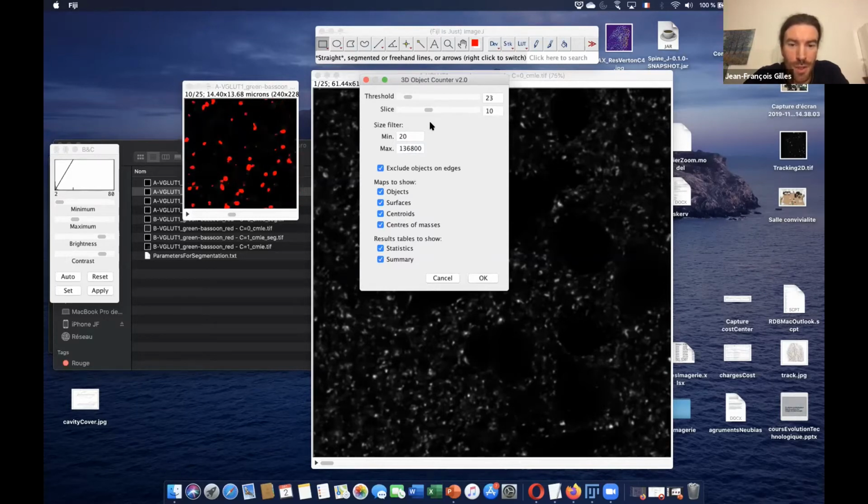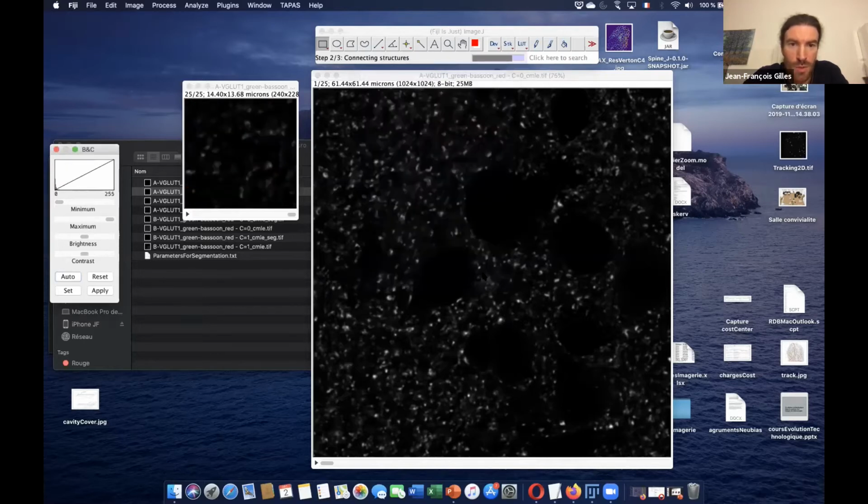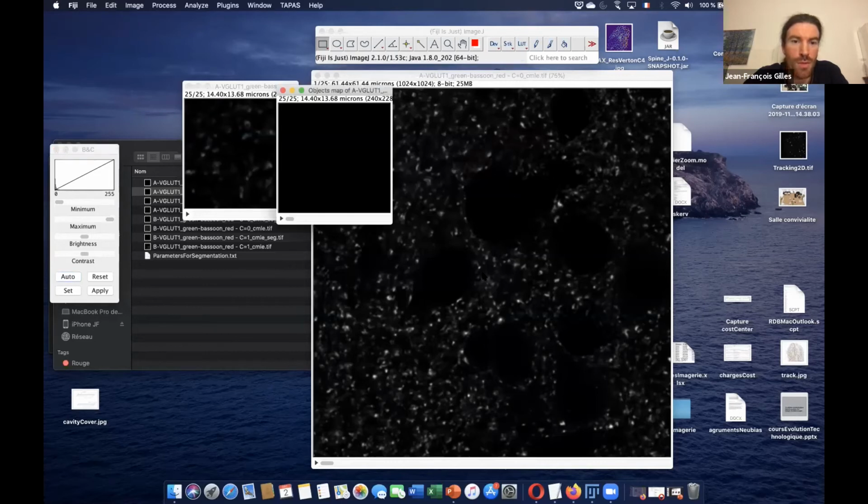Here also, and it would create many things. I think what we want is just the object, and I don't need all of this. So here we have the object.